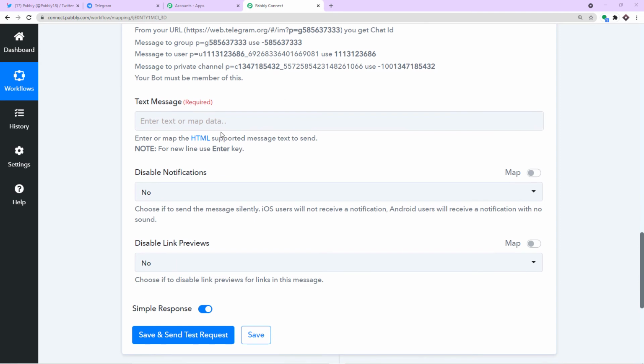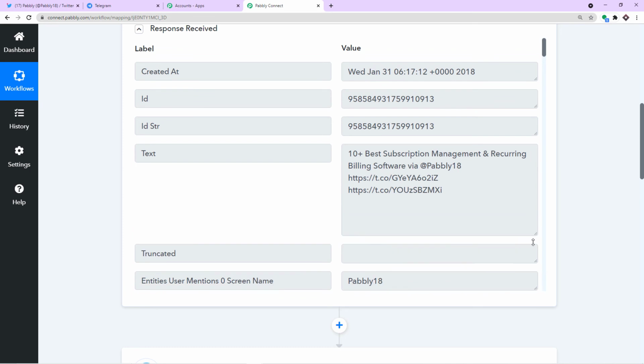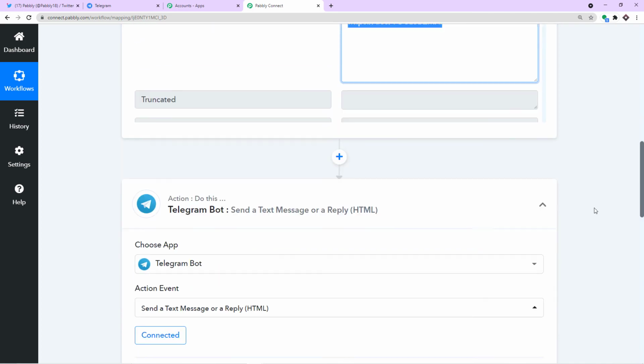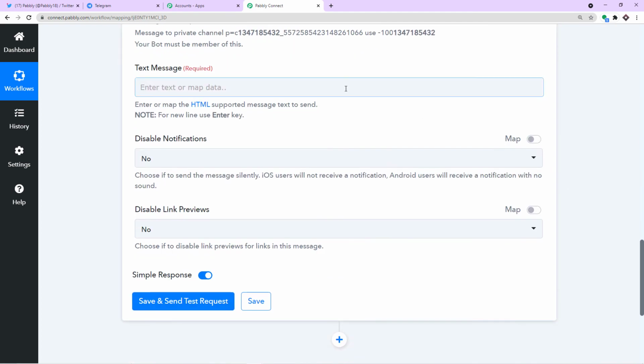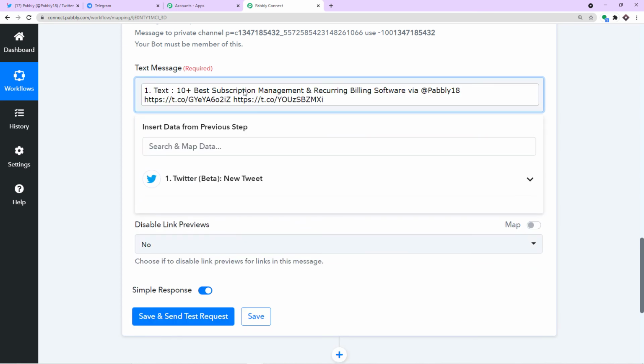Now how about the text message? Now we want the text message. Now if you're familiar, this is the tweet that we had made. Okay, so this is the tweet that I had made several ages ago. So this is the random tweet that it is showing. So we want this detail here. Now remember, this is something I have told you earlier, to not panic that this is showing some old tweet, some random tweet, not the recent one. Because once the workflow is made, it doesn't matter which tweet, it doesn't matter when you tweet, it will automatically be shown in real time on your Telegram group. So at present I'm just going to add the text message.